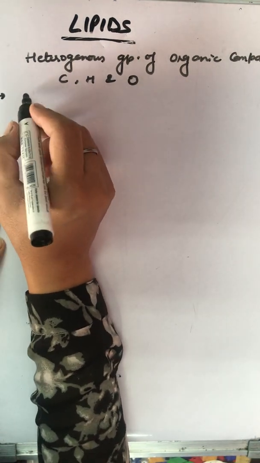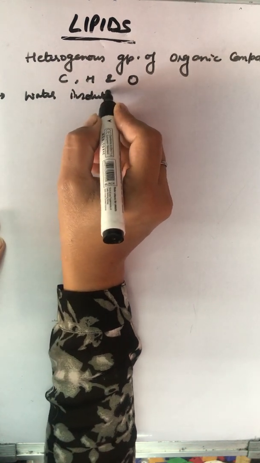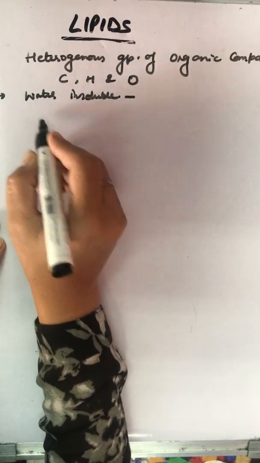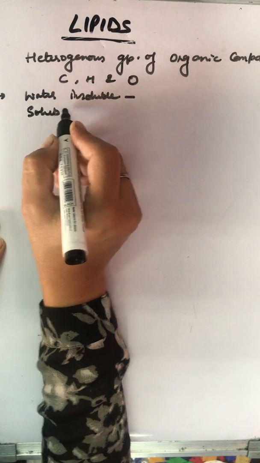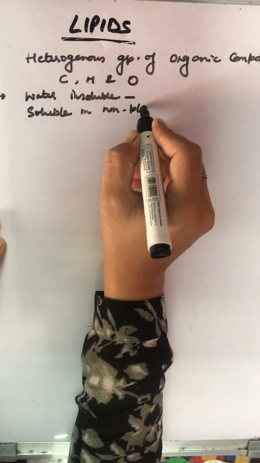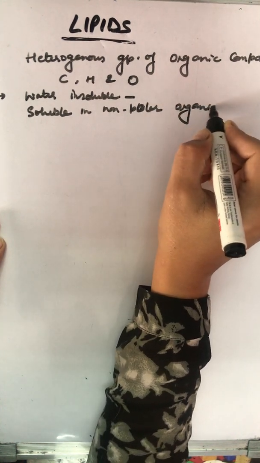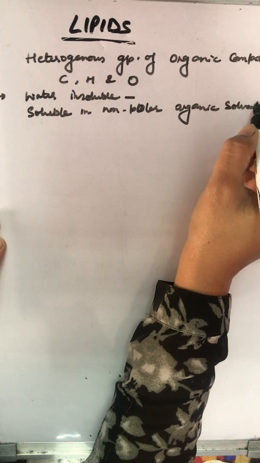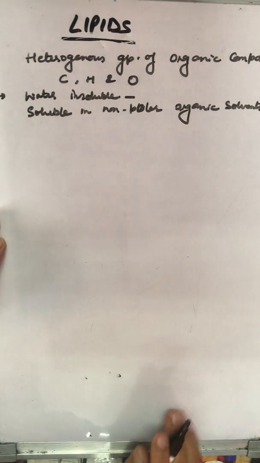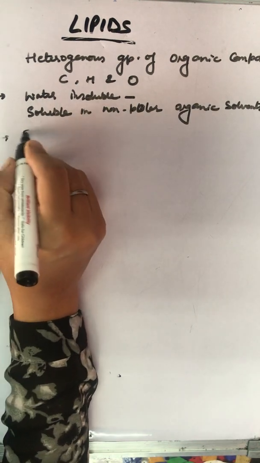Second property, they are water insoluble. But where are they soluble then? Soluble in non-polar organic solvents. Okay. When we categorize them, they can be simple fatty acids,